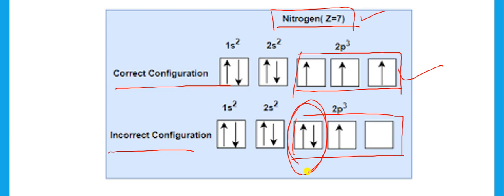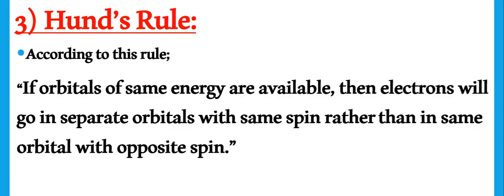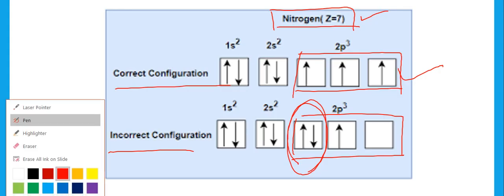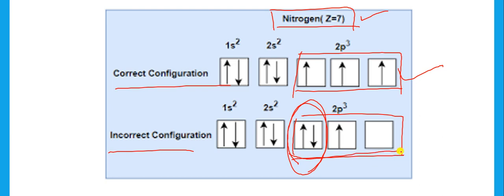Okay, it means if at the same energy level separate space is available, it will be occupied first and then the pairing will occur. If electrons are left, then pairing will occur. At the end, we will practice writing the electronic configuration of neutral atoms and ions.